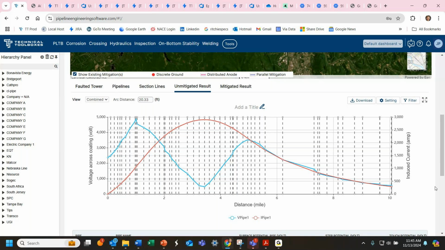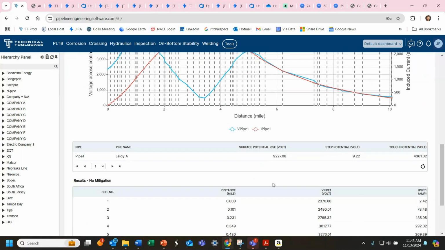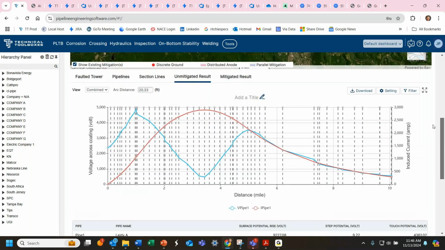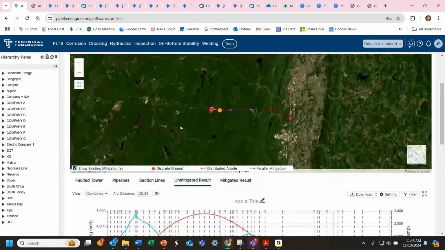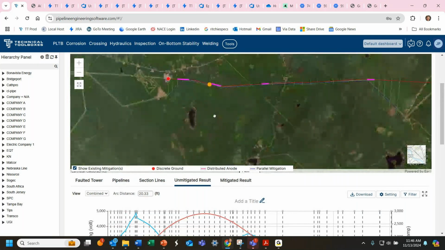And what's the surface potential rise? About 9,000. Step potential is about 9 volts, and then the touch potential is about 4,361. So this will calculate all your information regarding the safety and really what we're looking at is